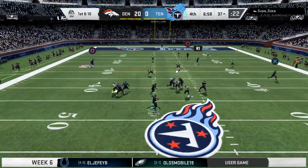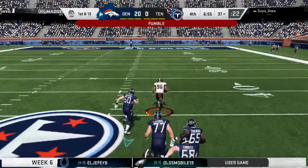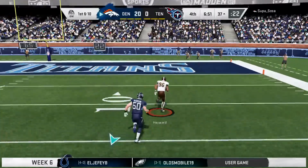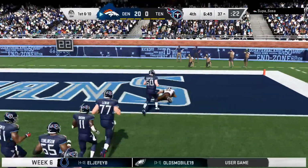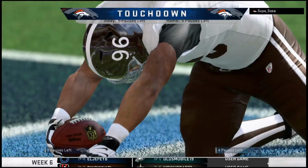Working out of the gun, Mariota. It comes, and he lost the football. Mariota had it jarred loose. And they are going to get this one back, it looks like. So nearly like-for-like fumbles, but they hang on to this thing and keep it a turnover. And this is going to be...